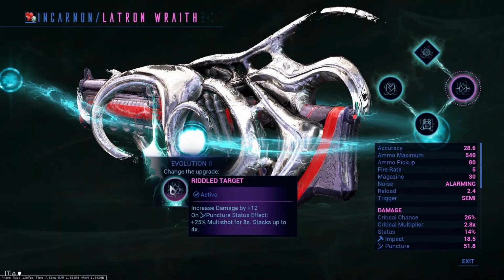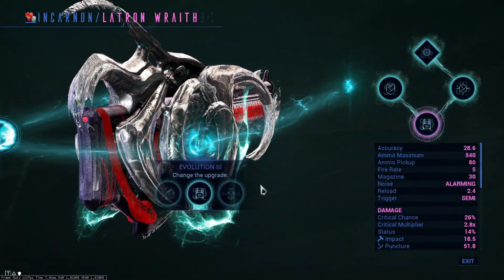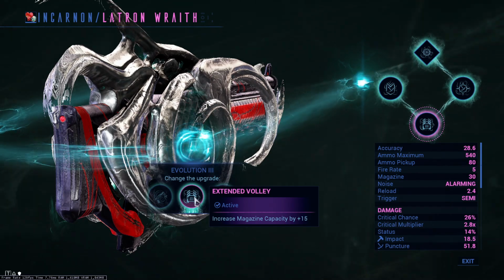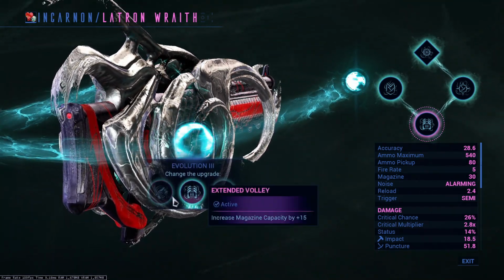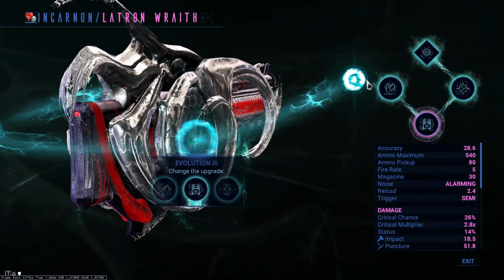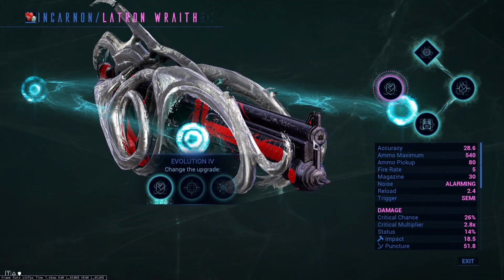And of course 25% multi-shot for 8 seconds, that will stack up to 4 times. Then Evolution 3 is basically something that will help you out, sort of a convenience more than anything useful. We have 60% minus recoil, increased magazine capacity, and then more zoom. I personally chose increased magazine capacity because recoil can be somewhat controlled with a stabilizer, so I'm not really worked up about this. But Evolution 4 is something that is extremely good, and what makes this weapon the best